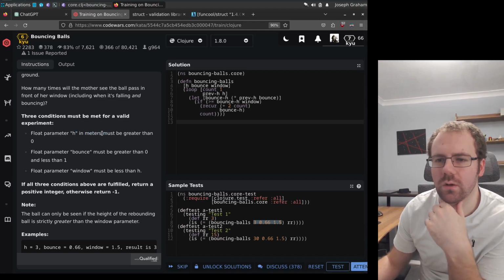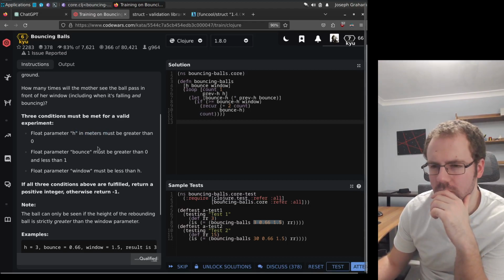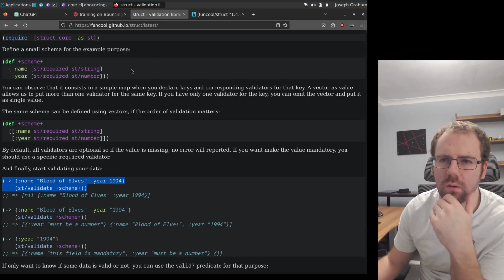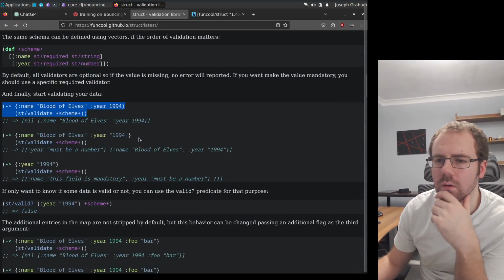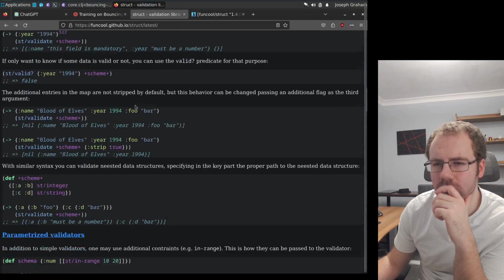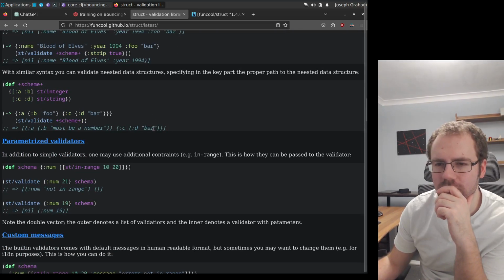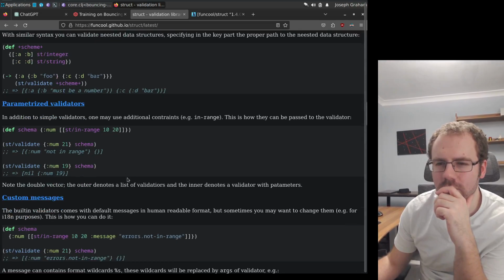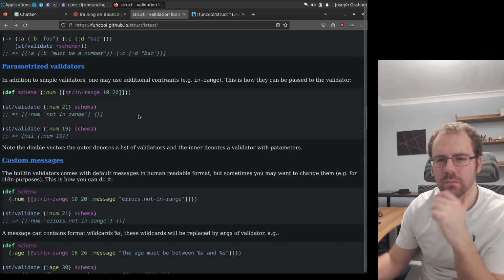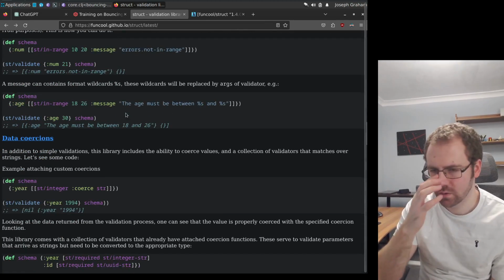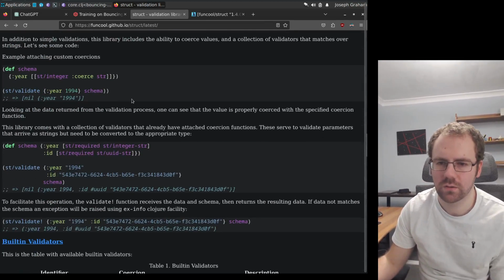I don't know if struct is even designed to compare them to each other. Yeah, this wasn't even the right way to solve the problem,